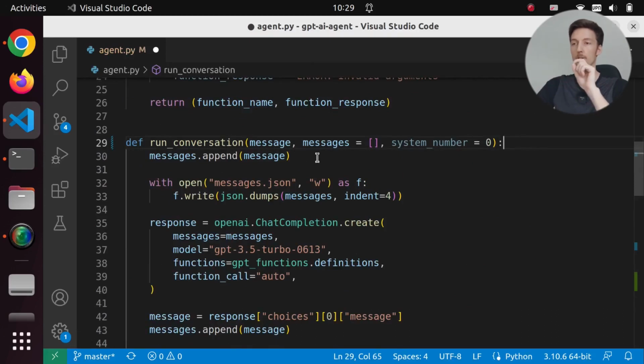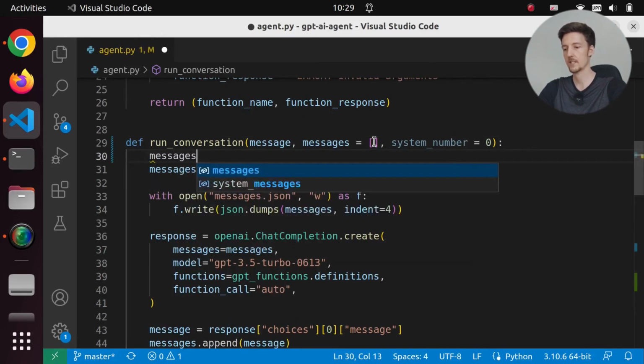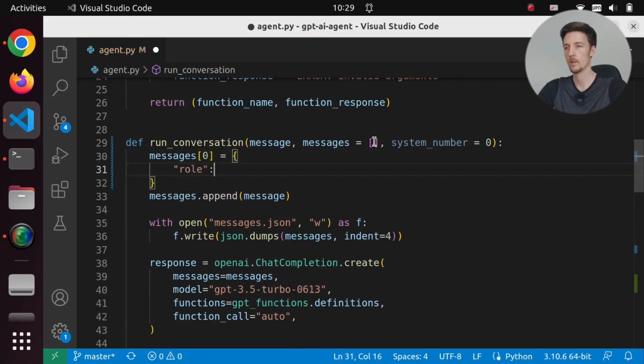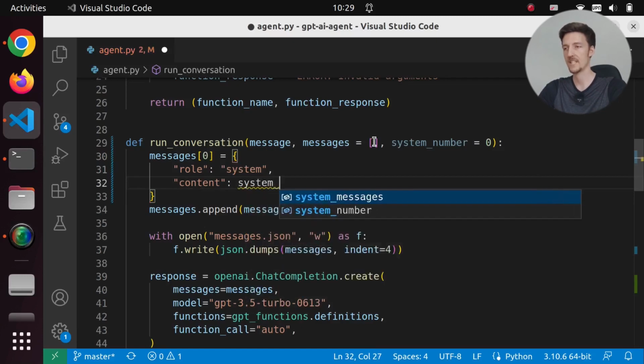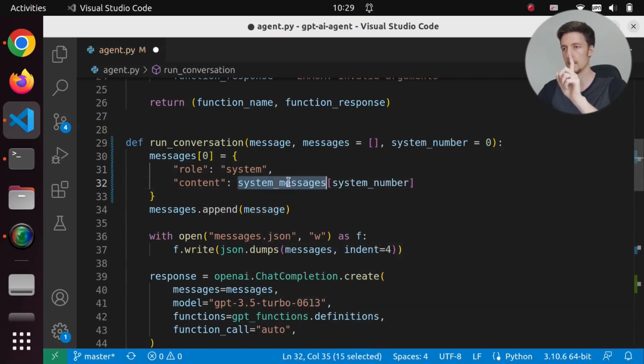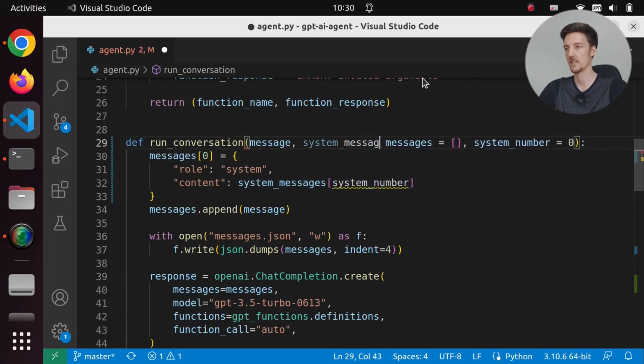And then actually what I want to do in the beginning is change the system message every time. So I'll just say messages index 0 will be role system, content, and then it will be the system messages system number. Now we have to pass this in, or we could use a global variable, but let's pass it in here, system messages.